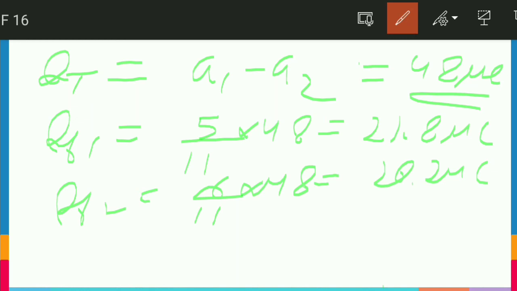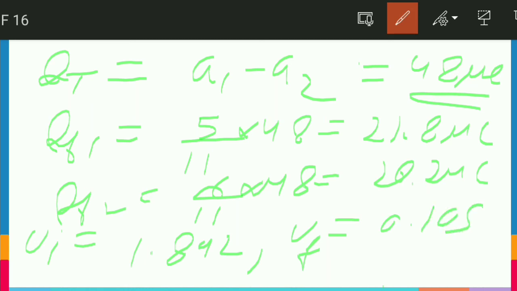So we have to find the change in potential energy. When you calculate U initial, you will get half C1 V1 square plus half C2 V2 square. Let me calculate, friends. It nearly comes to U initial 1.44, and U final, when you calculate, you will nearly get 0.105. So delta U, I think you can find as the difference of these two. So friends, I hope this question is clear to you, so that we can jump to the next question.